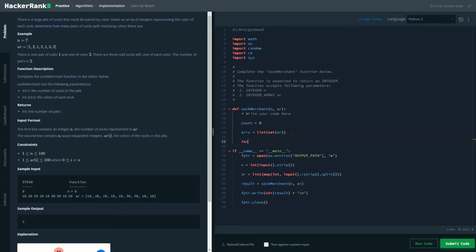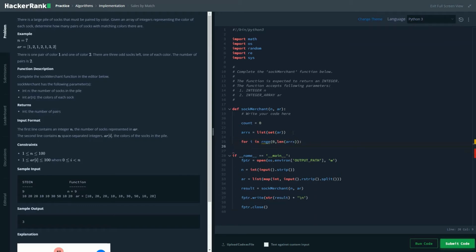So that's why we are creating a set of the array, and then we'll create a loop: for i in range of 0 to length of array x, and we'll do count plus equals. Here we are using a Python function to count the total number of values present for a given number.